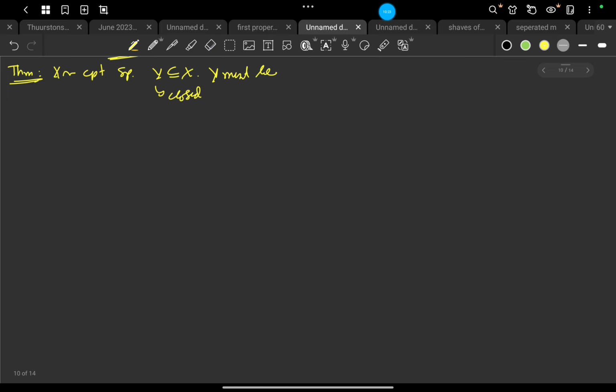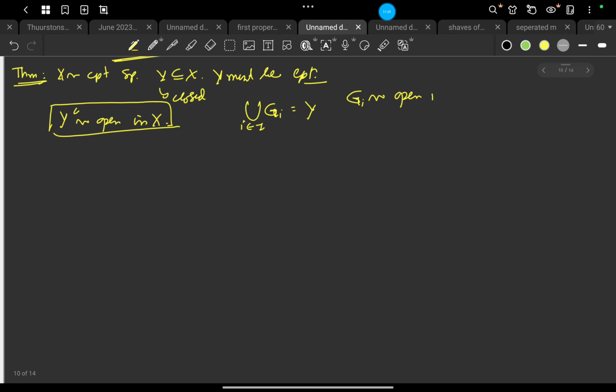So let's consider any union of Gi, for i belonging to the index set I, this is itself Y. So what is Gi? Gi is open in Y. So each Gi must have the following form: Oi intersection with Y, where each Oi is open in X. Now as Y complement is open in X, I can consider the union over i in I of Gi, union with Y complement, which is the same as Y union Y complement.